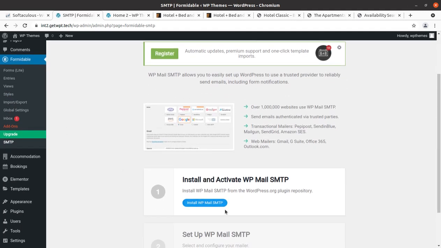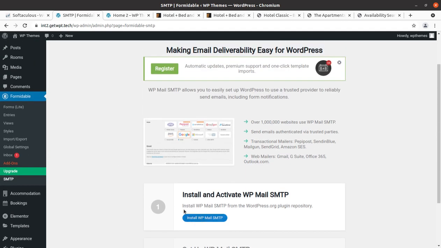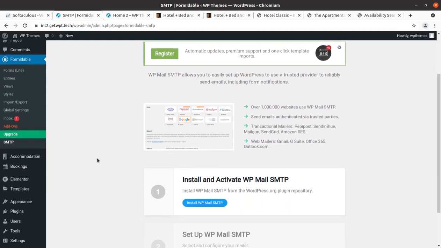You need to install WP Mail SMTP, just in case your default PHP mail system is not working. You can install this plugin and check the delivery of emails, because the booking system and booking forms work with the mail system. I mean, the booker receives mail and the mailing system should work well. So it is a very important setting in Formidable.